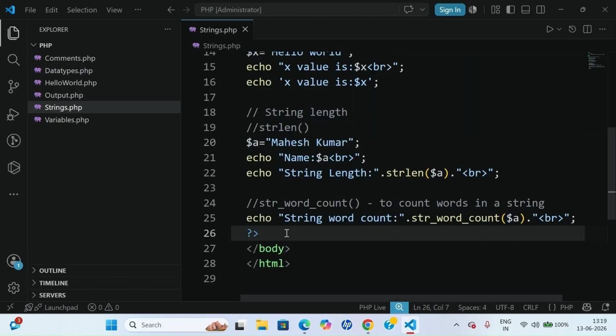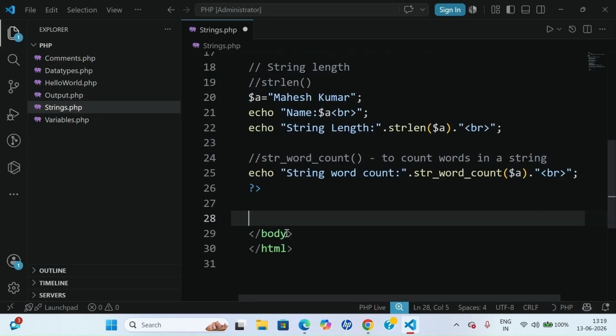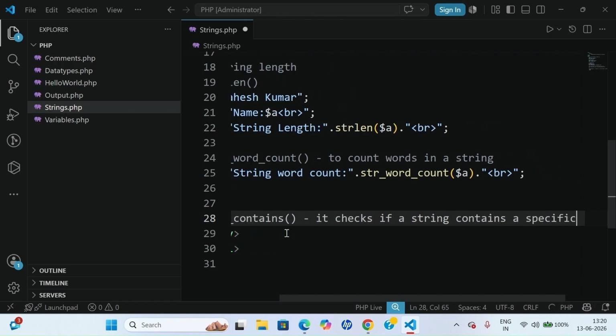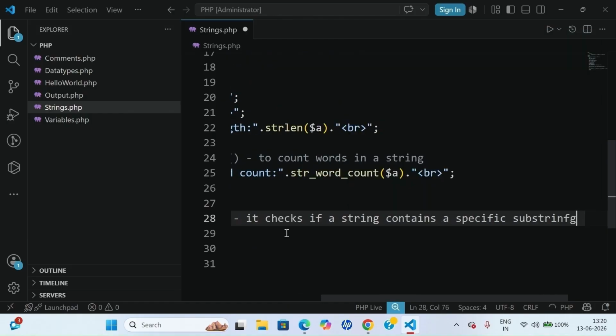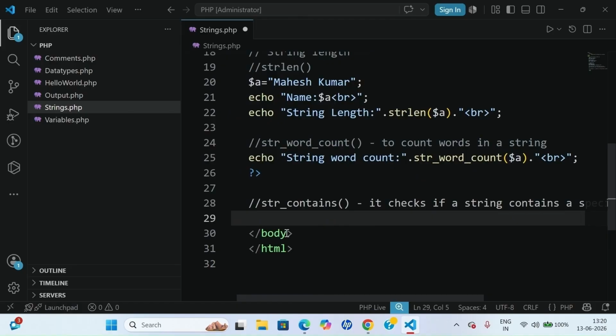Now we'll go for the other function, like string contains. So we have the str_contains function. It checks whether a string contains a specific substring. Let's say, and just write echo string contains,